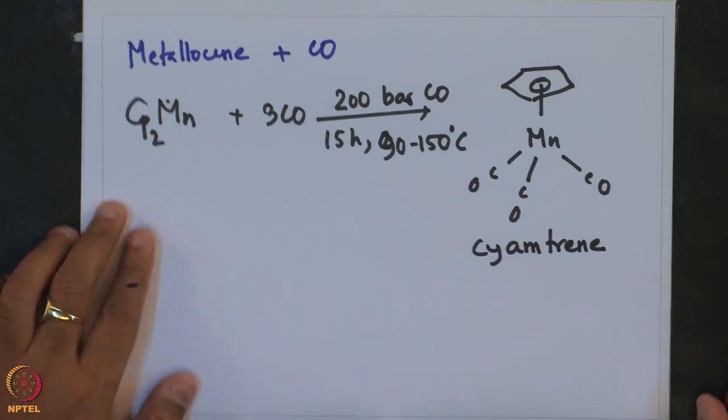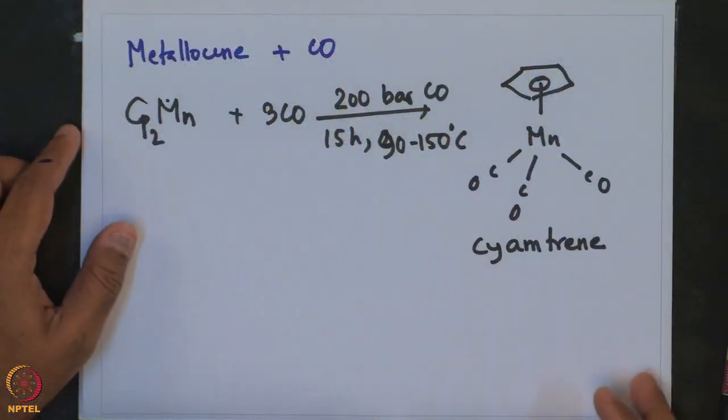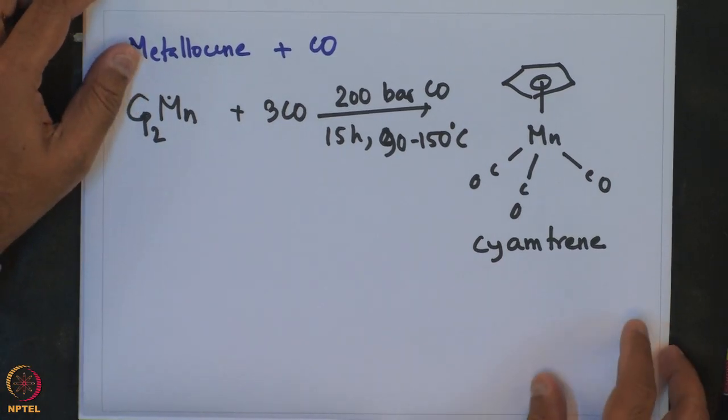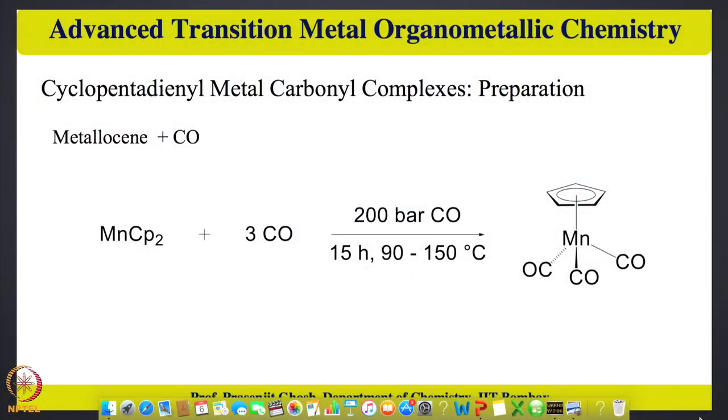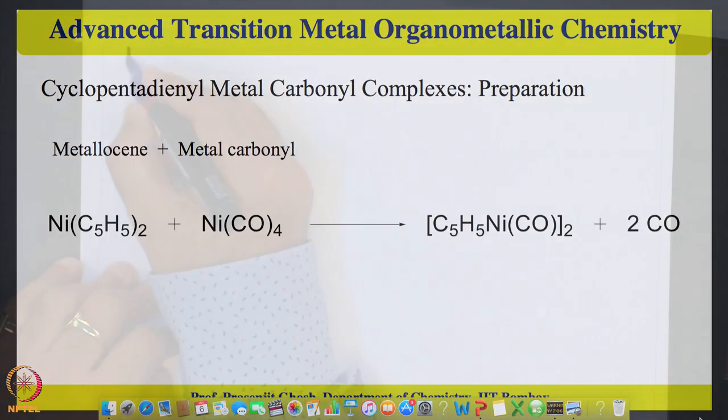So, this method is a direct method of reacting metallocene with carbon monoxide, at a very elevated pressure and temperature and longer reaction time to produce this manganese Cp tricarbonyl compound, which popularly is known as Cymantrene. The last method involves reaction of metallocene with metal carbonyl complexes